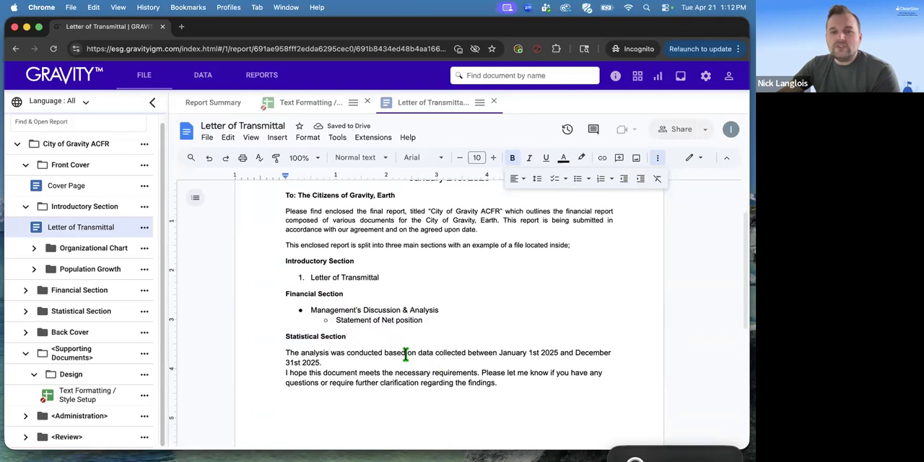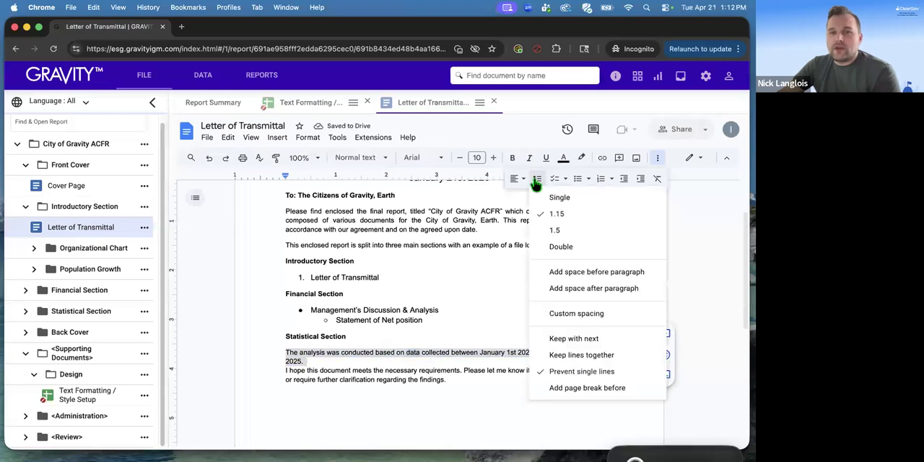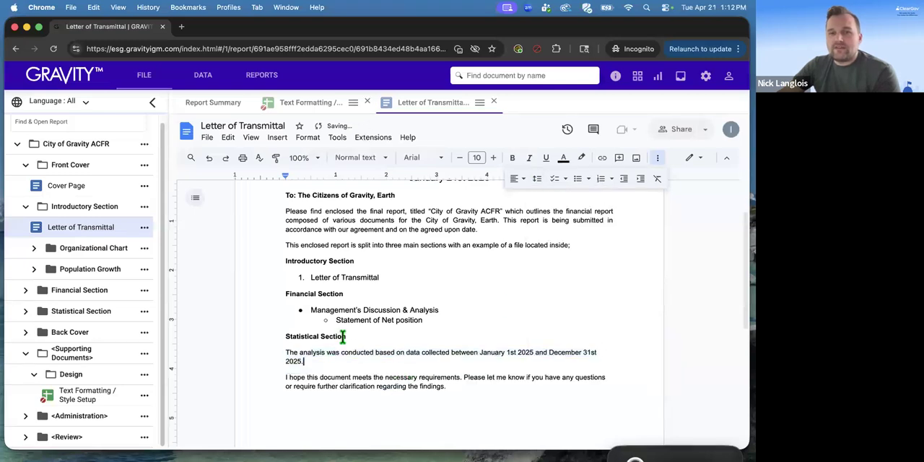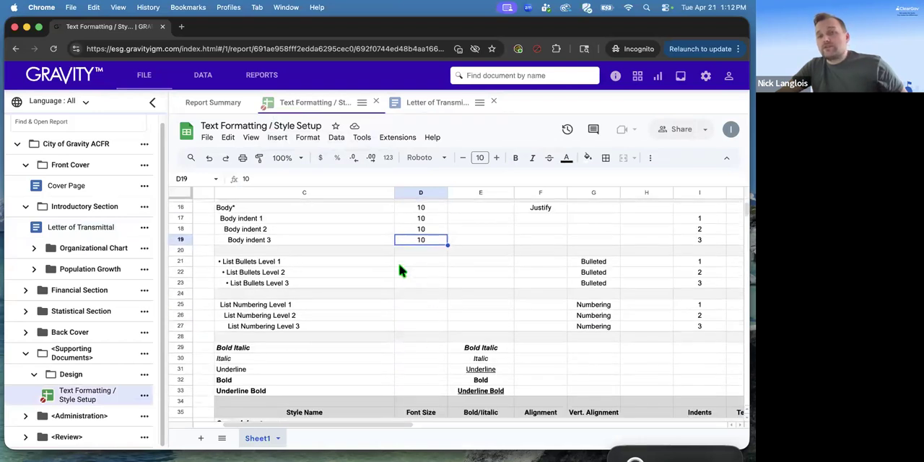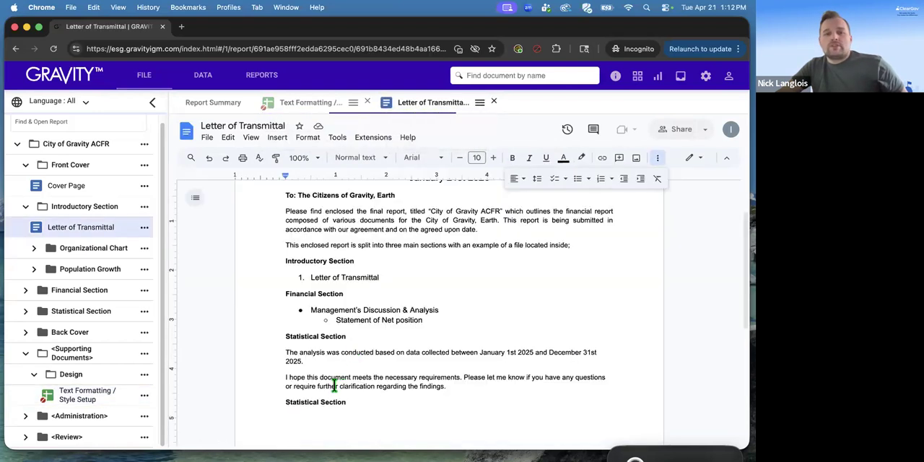Okay, so as we come through, one thing, I'm just going to change these to font size 10. Go ahead and add a space after. So right here for this statistical section, I'm going to copy it and paste it down here. Okay. We can see that we do not have a font size 17 in our report that we can use. Okay. So maybe I want to make this font size 17,